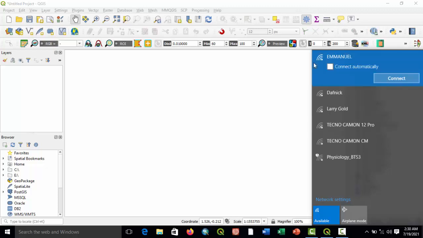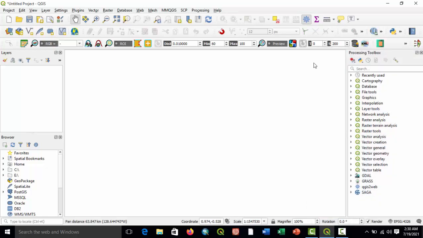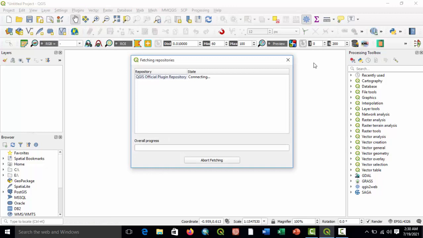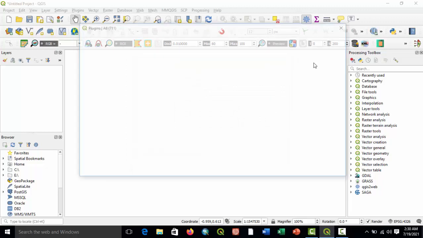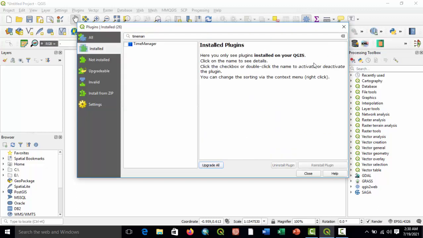So this is my internet. So I will connect. So once I connect, I will go back to my plugin. You can see connecting. So if I go to all,